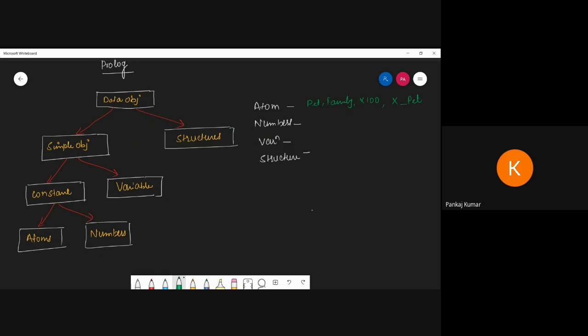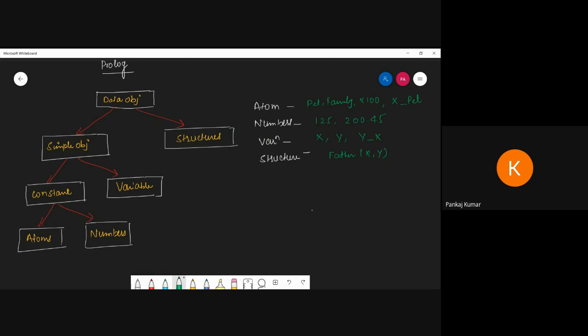Suppose you're talking about a number, so the number will be like this one. It may be a real number also, 2000.445, like this one. Suppose talking about the variable, so it will be any of x, y, and it may be x dash y, like that. Suppose I'm talking about the structure, that means I'm talking about one type of relation. So a relation may be like this under father: we create father(x, y). That means father of x and y.